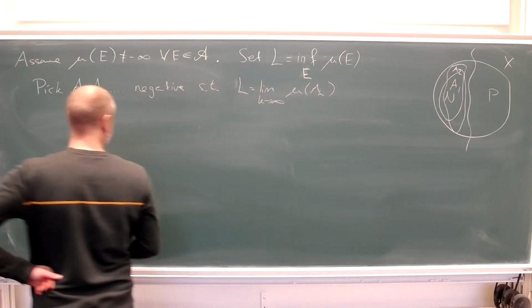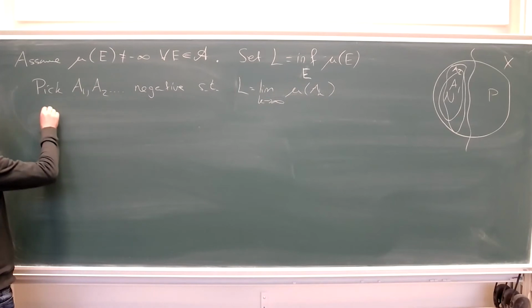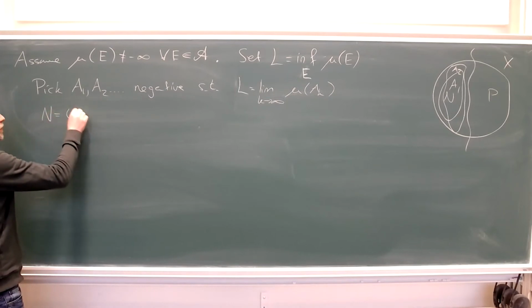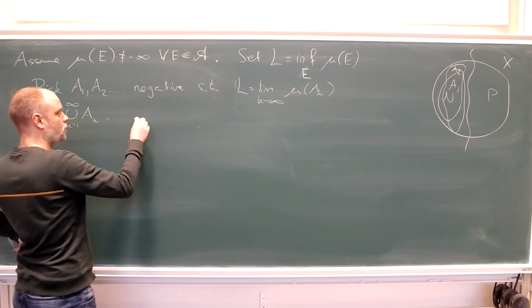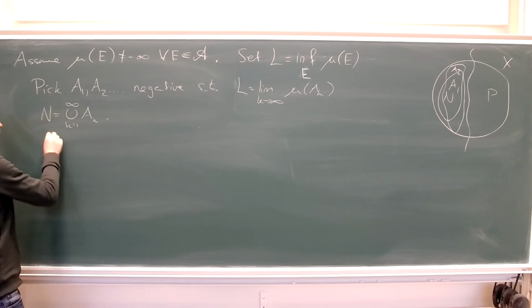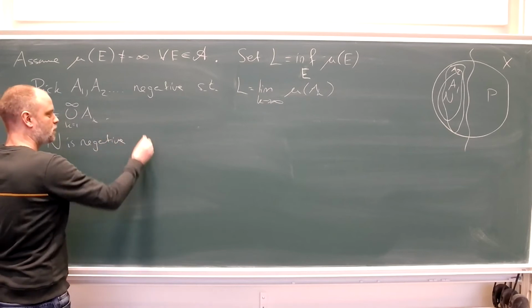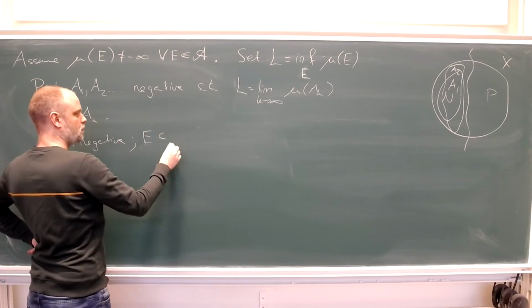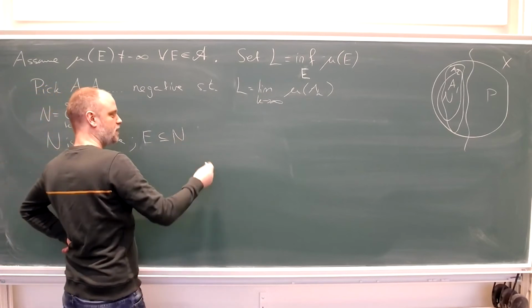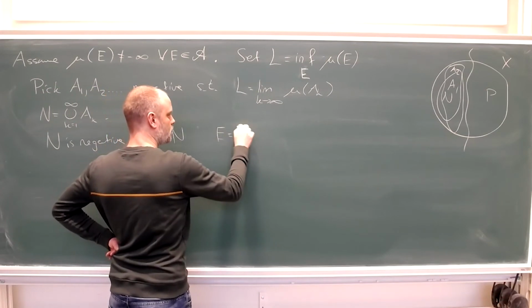Okay, so well, it's short, this argument, but it is subtle. What I'm going to do is put N equal to the union of the AKs. First of all, N is negative. Because let's take some subset E of N, and then you just realize that E is equal to the infinite union